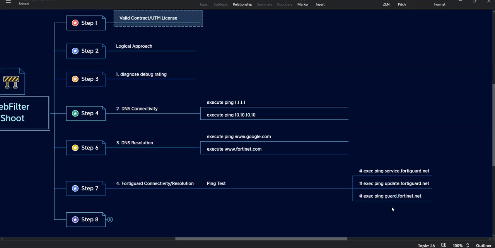Okay, so these are mandatory steps that you should be following whenever there is a web filtering issue. Slowly and gradually you become so well versed with all these things that you quickly jump to a couple of steps rather than going from one, then two, then three, then four, then five. You can quickly jump to, let's say, third or fifth or seventh. But again, practice is what you need. Moving on,